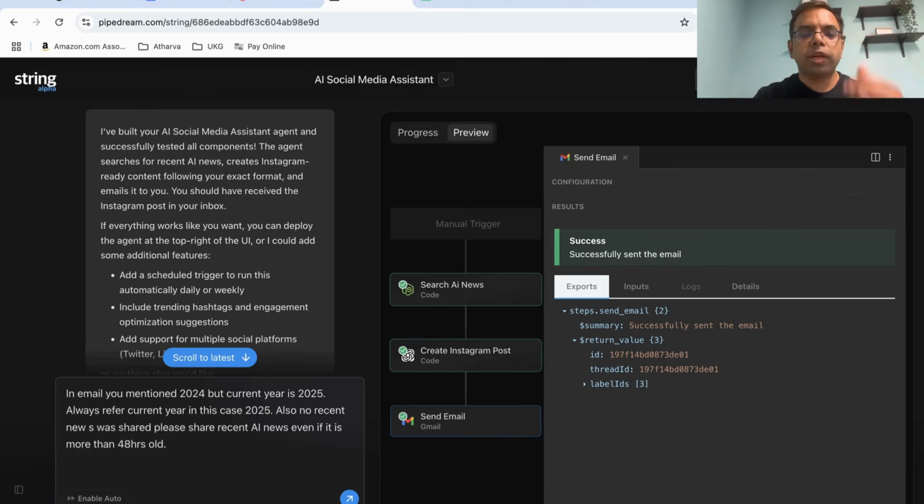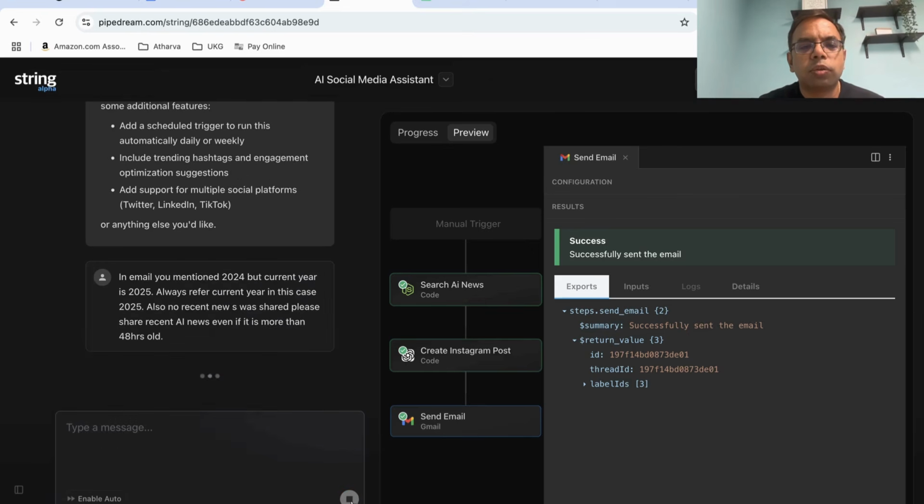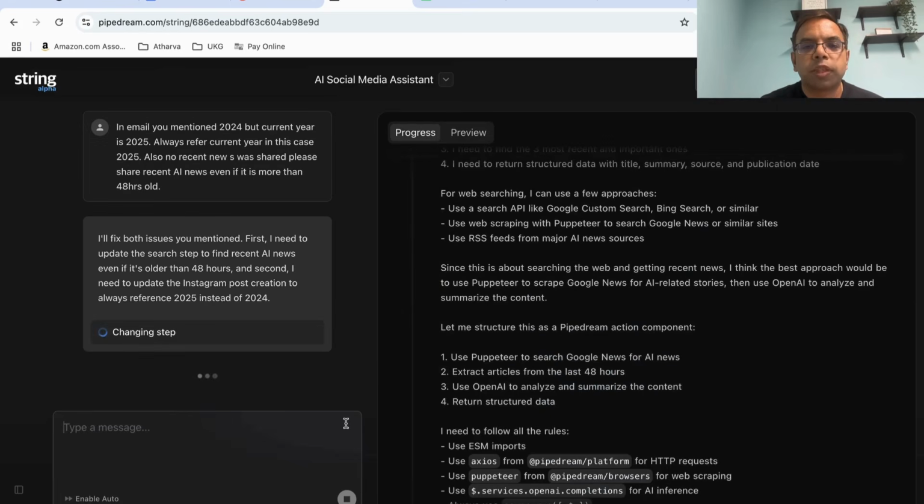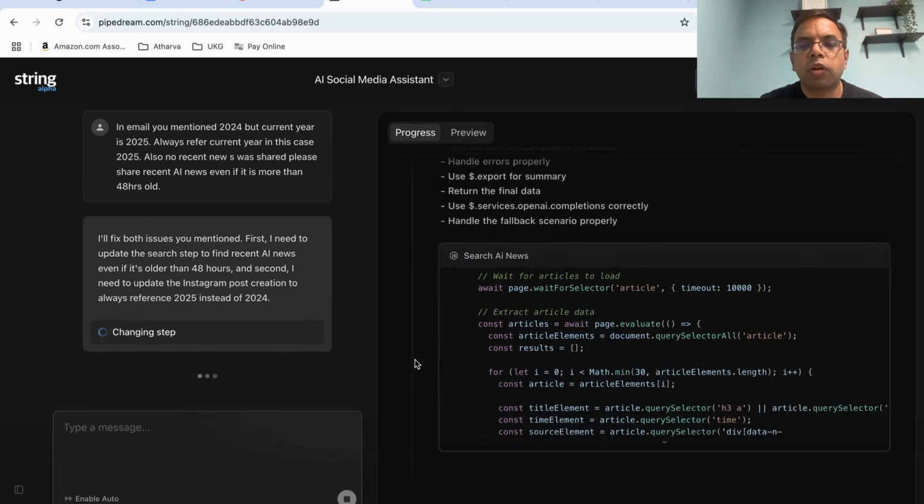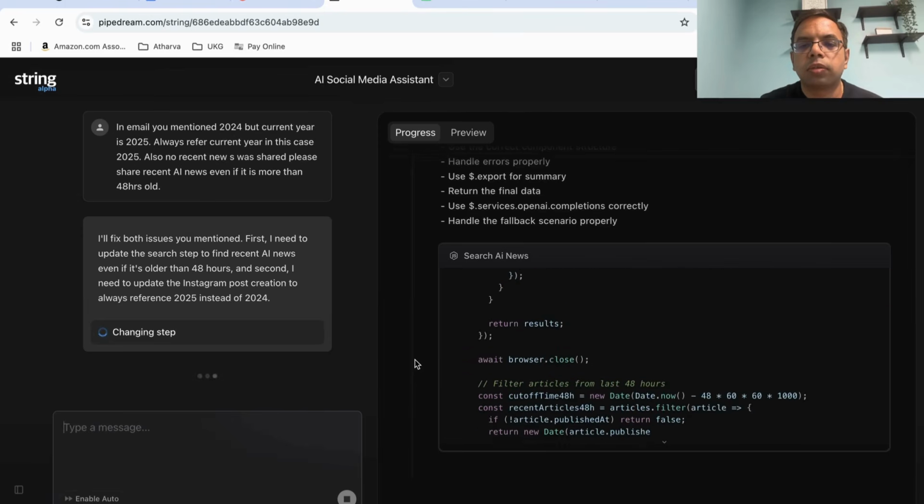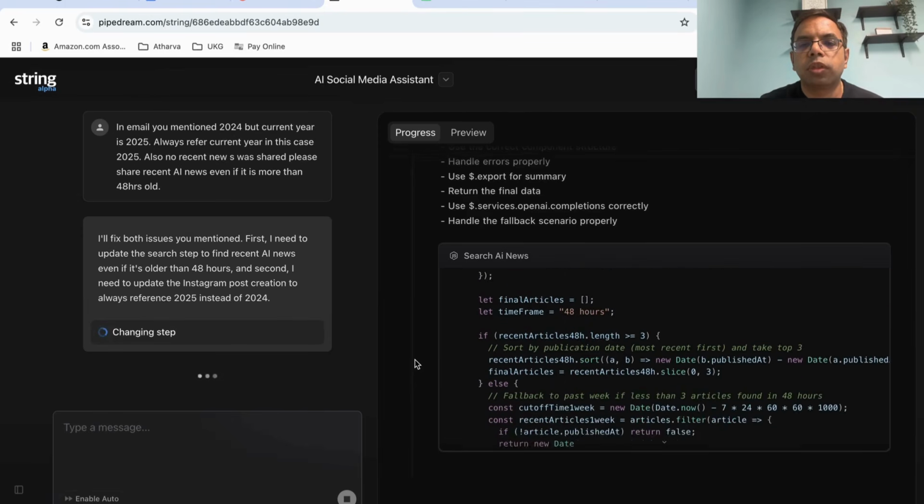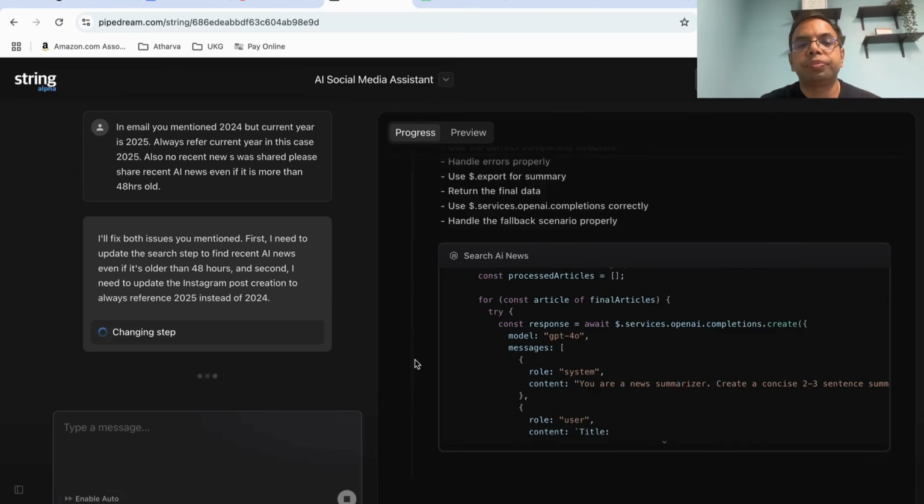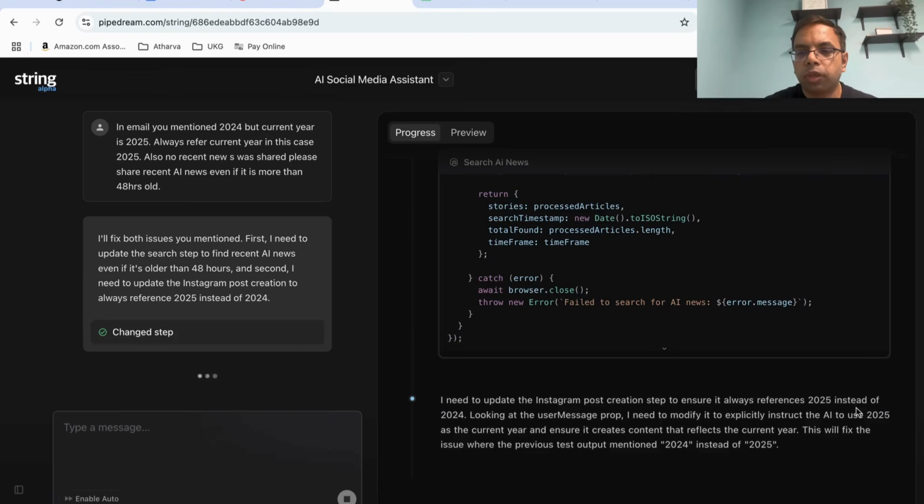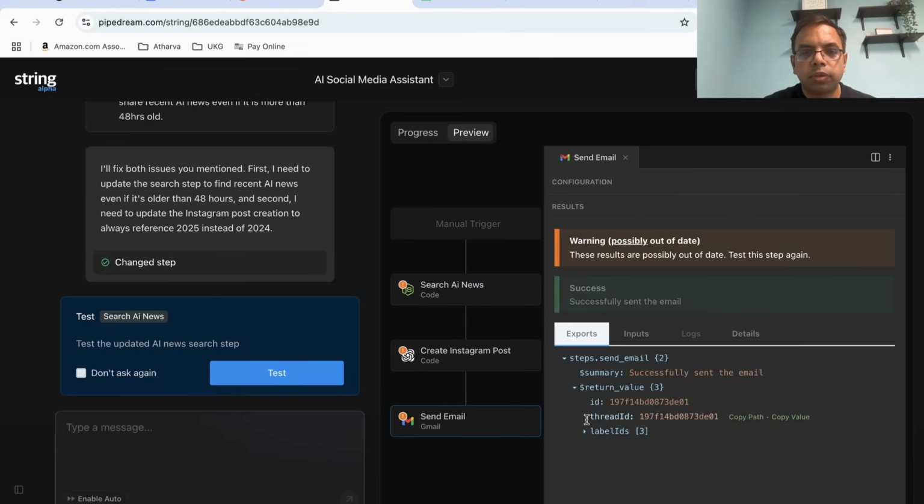Looks like what happened is it looked for a post which happened in any AI news in the last 48 hours, and maybe it didn't find anything. So we are asking it to first change the year and then also look for even older posts. That's the benefit of this messaging. You can just message and create rather than doing everything one by one. Now it's making changes to the search AI news component. It has made these changes so that if it refers to 2025,